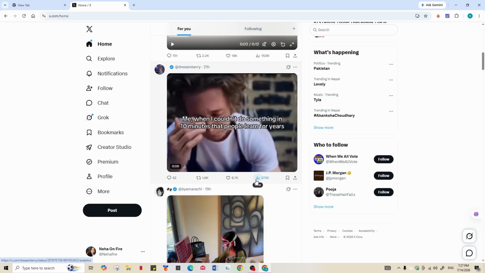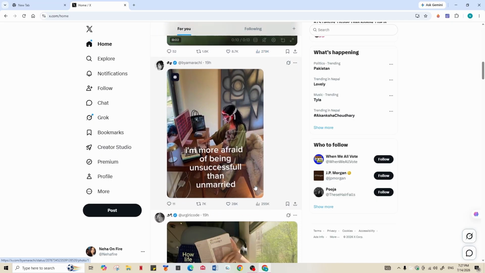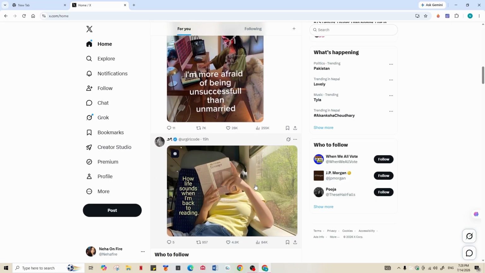If this still doesn't work, the issue might be with X itself or require further troubleshooting for your account. However, for most users, logging out, clearing cache and cookies, and then testing in an incognito window quickly resolves the